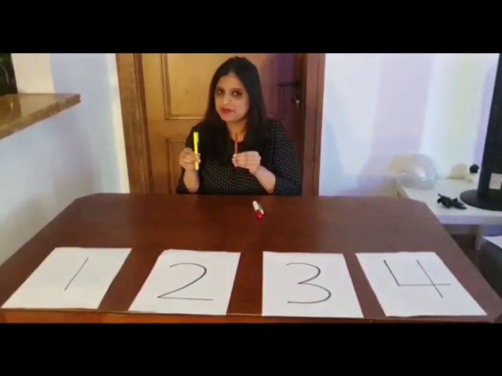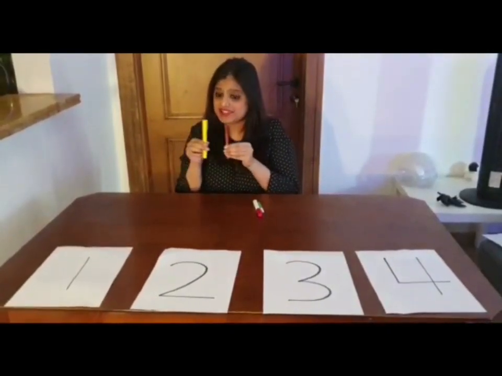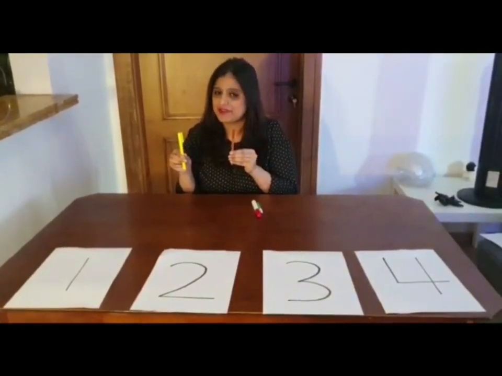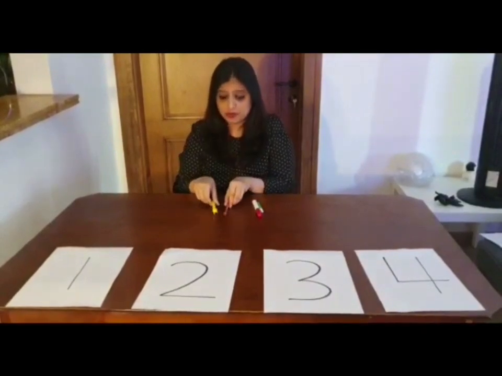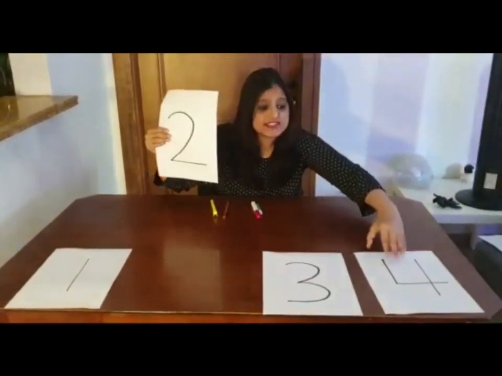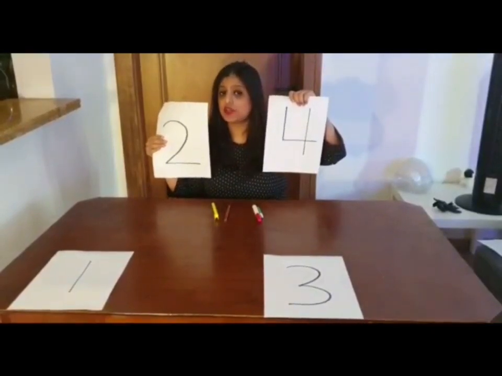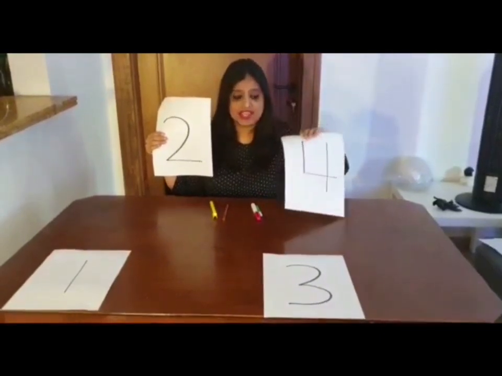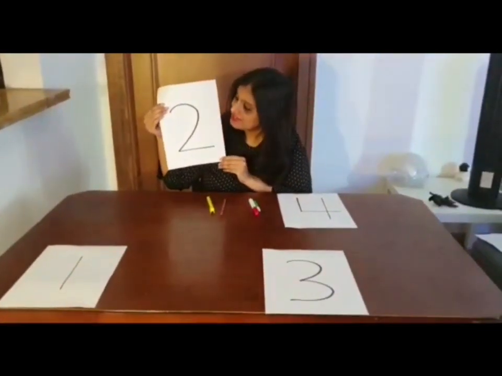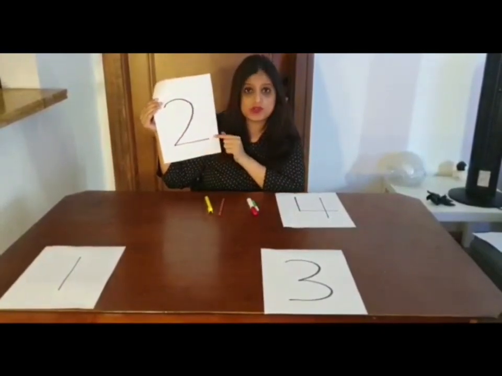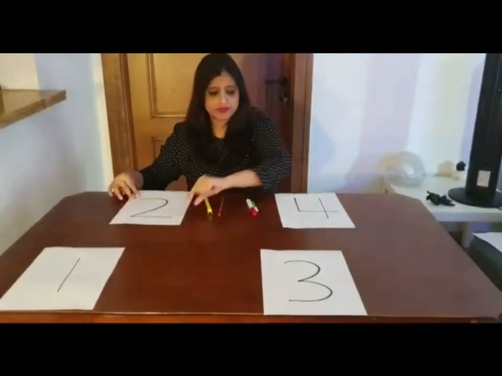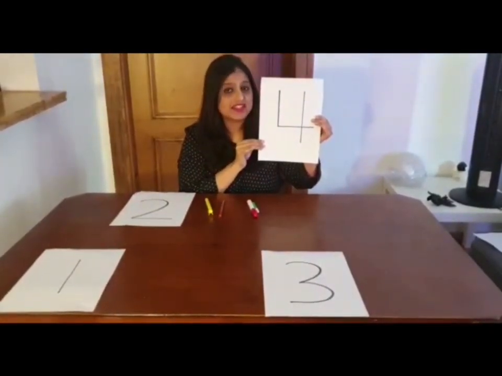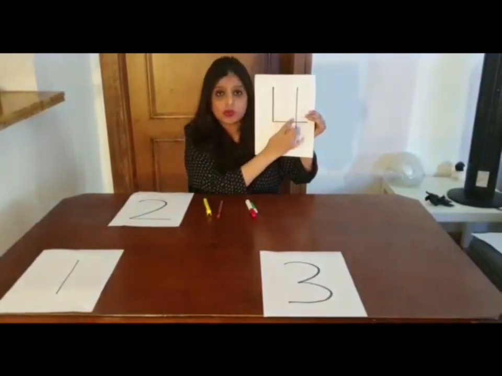Now, do you remember how many differences did we identify between these 2 objects? Yes, you are right. We identified 2 differences. Now tell me, which is the number 2 in this? Can you identify which is the number 2 in this? Yes, you are right. This is the number 2. This is how the number 2 looks like. If this is number 2, then what is this number? This is the number 4. This is how the number 4 looks like.